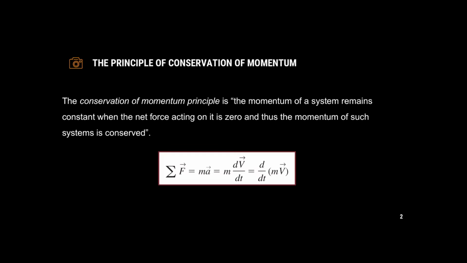The conservation of momentum principle states that the momentum of a system remains constant when the net force acting on it is zero, and thus the momentum of such systems is conserved. If you look at this equation, the total force on a particle or a moving fluid is equal to the mass of the particle or fluid times the acceleration, which relates to the momentum. You probably still didn't get what I'm trying to say, but let's have a look at a few pictures